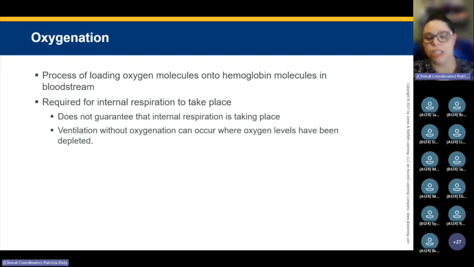Let's talk about oxygenation next. The process of loading oxygen molecules onto hemoglobin molecules in the bloodstream. That one's pretty easy, right? That sounds pretty awesome. Required for internal respiration to take place. Well, wait a minute, Miss Patricia, isn't it all internal? Yes, it is. I know that is so confusing. When I went through EMT school, I just really wanted to ask my teacher, like, what do you mean internal respiration? It's all internal. But what we're talking about is,